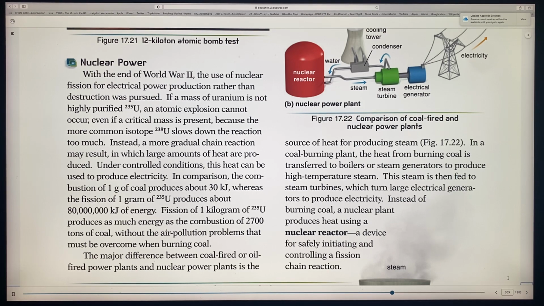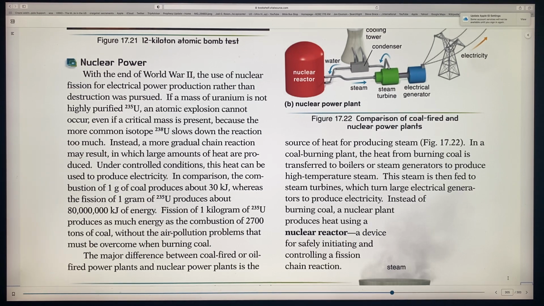But anyway, now you have a gradual chain reaction that may result in large amounts of heat being produced, but being very careful of the mixture here. And how can we control this? I mean, basically, how can we control a bomb? That's what they're talking about. So under these controlled conditions, this heat can be used to produce electricity, without necessarily having the pure